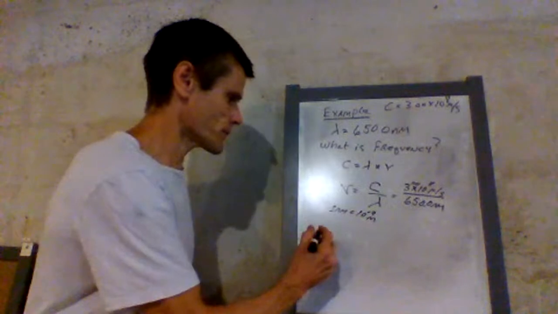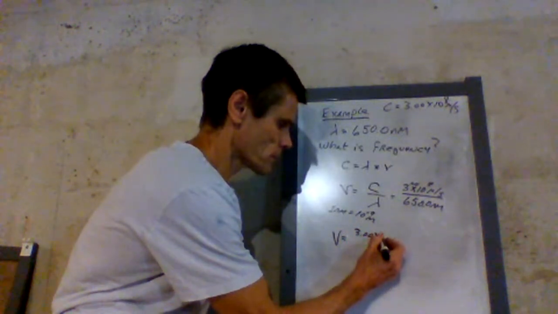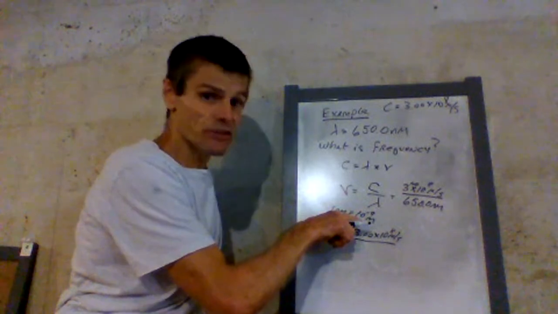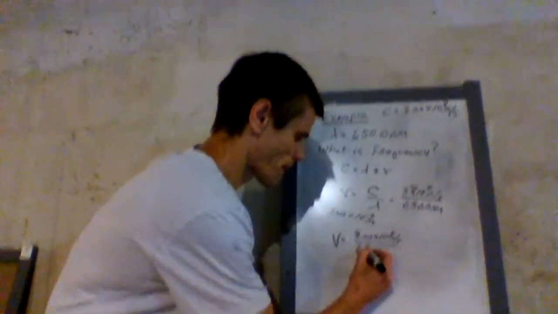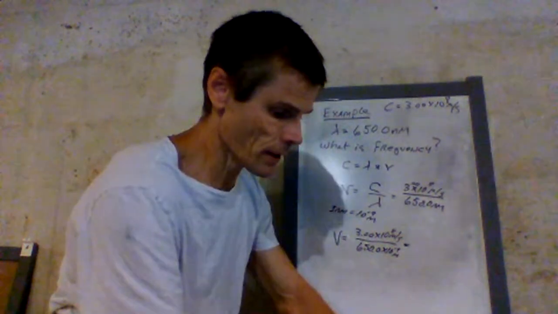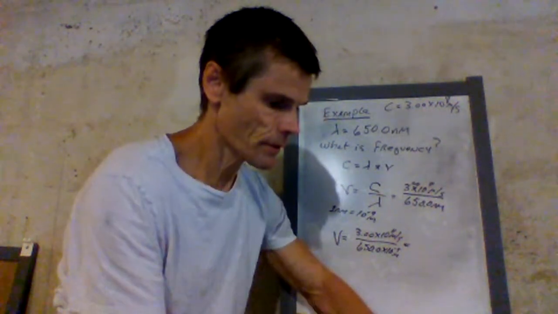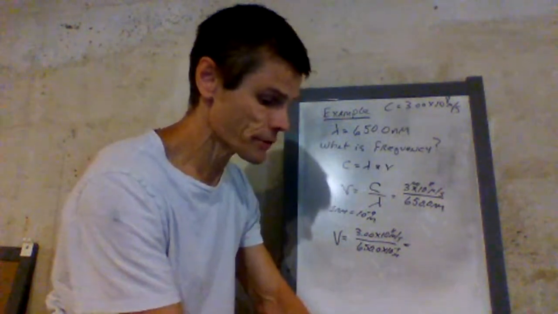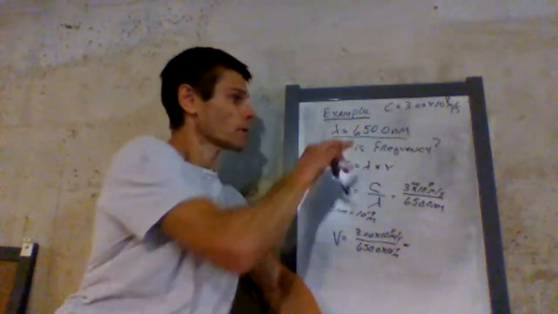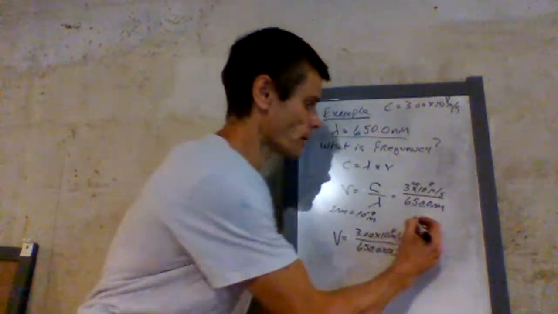So let's redefine our frequency. It is 3 times 10 to the 8th meters per second, divided by 650 times 10 to the negative 9th meters. If we put this into our calculator and we use our calculator properly, we're going to get an answer for our frequency. And these are often pretty large numbers. I'm going to limit myself to our data here, the wavelength that's listed. We're going to say that this has been measured and it's been reported for this particular laser with 4 significant figures. We're going to report our frequency,